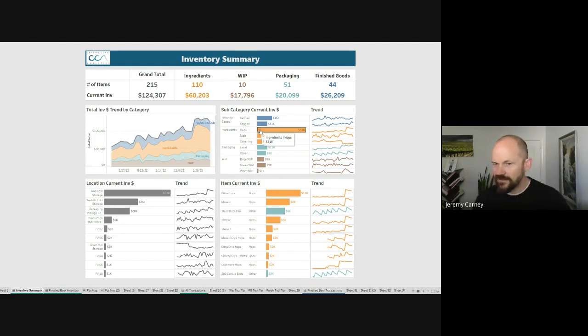Is $50,000 for hops a normal investment for us, or is that unusual? So now we can look at this trend graph over here. And all that's doing is showing a snapshot, a trend of each week for the last year. So to answer that question we had about hops, we can see, whoa, we used to normally trend maybe